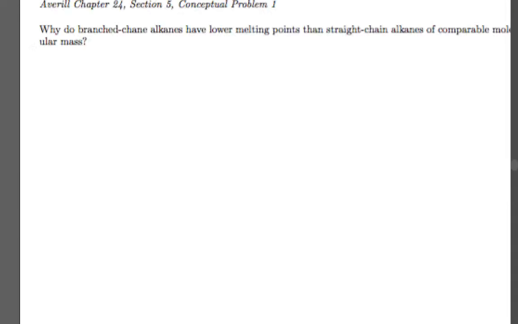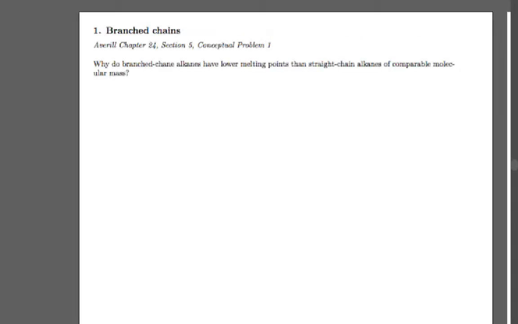Okay, so first things first here. Why do branched chain alkanes have lower melting points than straight chain alkanes of comparable molecular mass? Basically it states that the more branches, the lower the melting point. And according to my logic, the melting point is